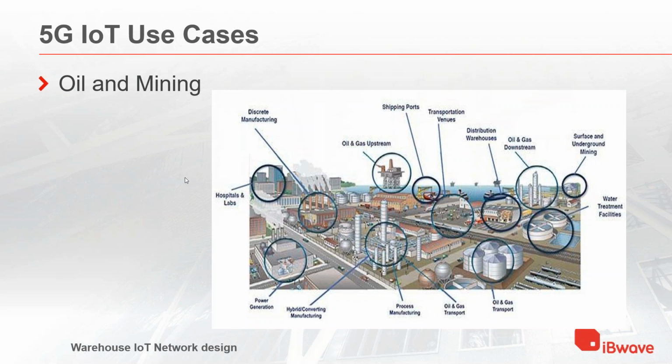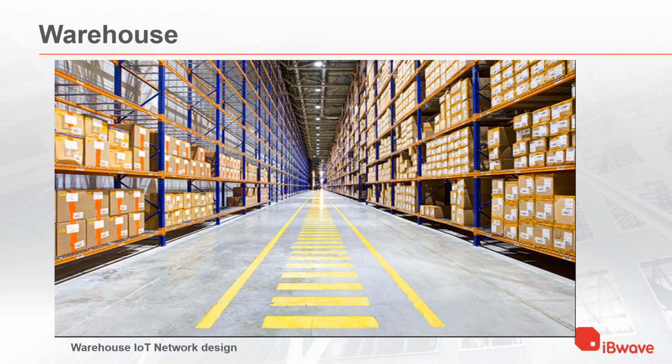Having said that, let's move on to warehouse as an example of an indoor IoT venue. And this is a typical warehouse that you see. Some shelves are empty, some shelves are full, but shelves are fairly high, go high almost up to the roof. And essentially what you are seeing here is a kind of a canyon where the signal would propagate in between the shelves. But that canyon can have holes, and that is how it makes it different than, for example, what you have in a, let's say, a hotel,